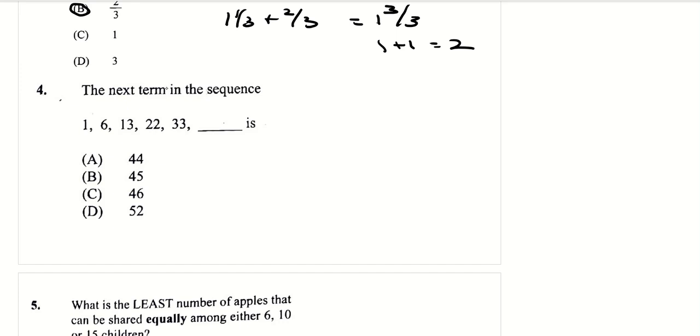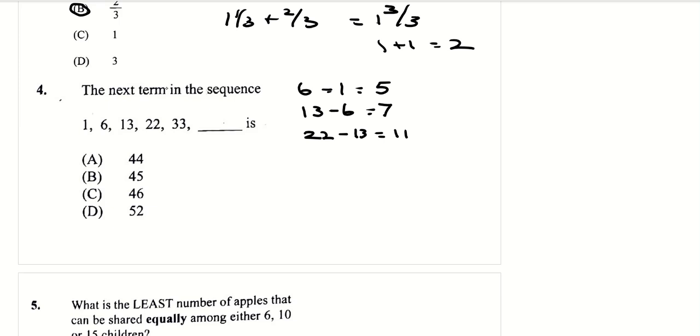We usually find the difference between your second term and your first term. So 6 minus 1 is 5. Then you say 13 minus 6 is 7. Then 22 minus 13 is